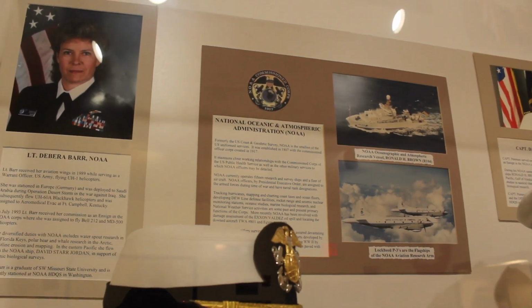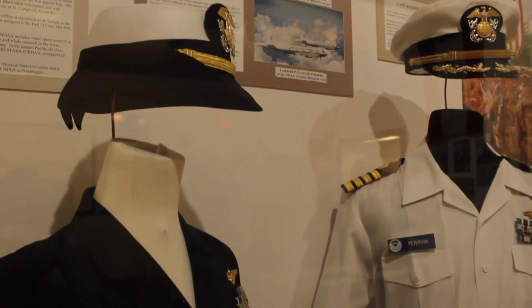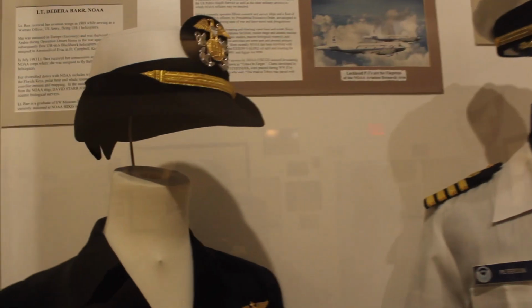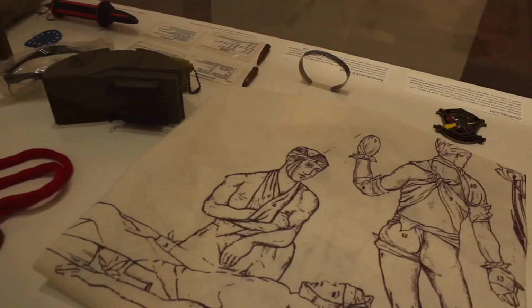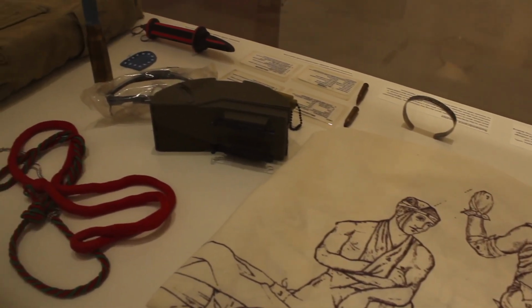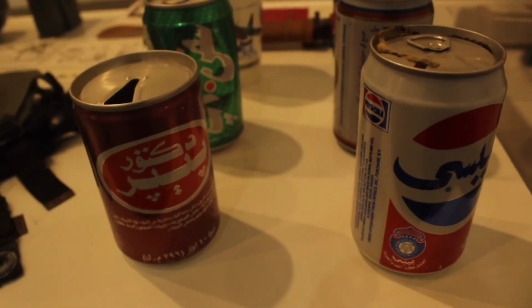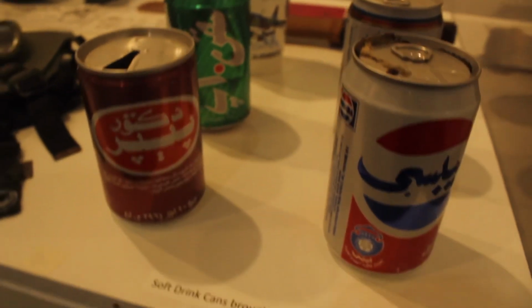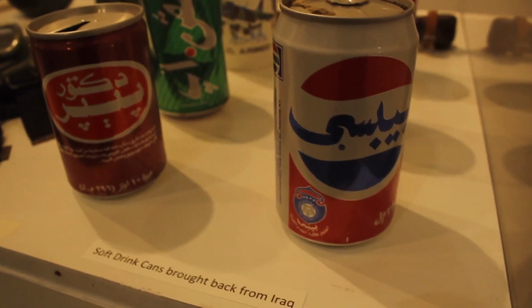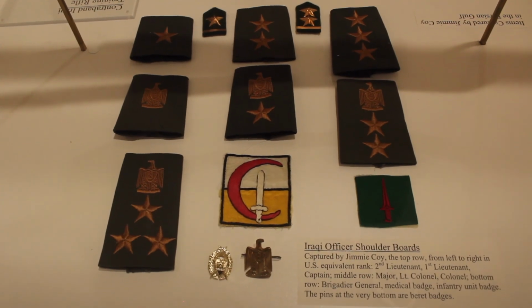Featured in this case are some people who actually were a part of NOAA. And if you ever check out any of the things that have to do with weather and monitoring, NOAA is a big part of that. Inside here we have more pieces from Iraq. And these were even some of the soda cans that were brought back from Iraq. Notice there's a few brands here that might look kind of familiar. Pretty sure that's Pepsi. These were some of the officer shoulder bands from Iraq, and there's even a maintenance log